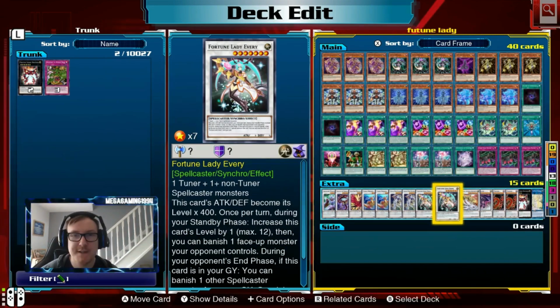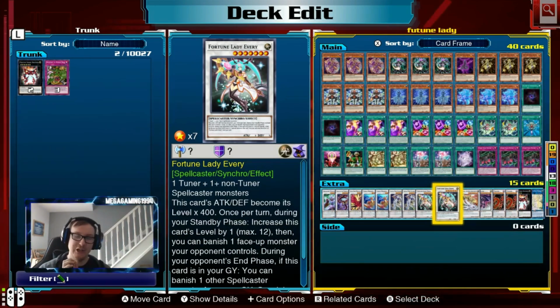Then we're using 2 copies of Fortune AD Every, one of the best cards. I love this card because it just gave the Fortunates a little bit of an extra boost. They still need a bit of a boost, but it just gave them that extra boost. So this card again gains 400 attack points for each of its levels. Because it's level 7, upon being summoned, it will have 2800 attack points, which is nothing to scoff at,